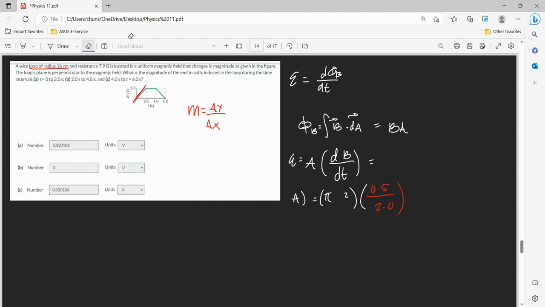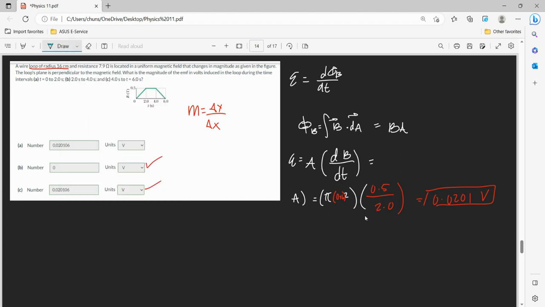Right, and let's plug in for radius, 0.16 squared. So this is equal to 0.16 squared times pi times 0.5 divided by 2. And this gives us our first value of 0.0201 volts. And you'll notice that this answer is going to be the same as C, and it's going to be 0 at